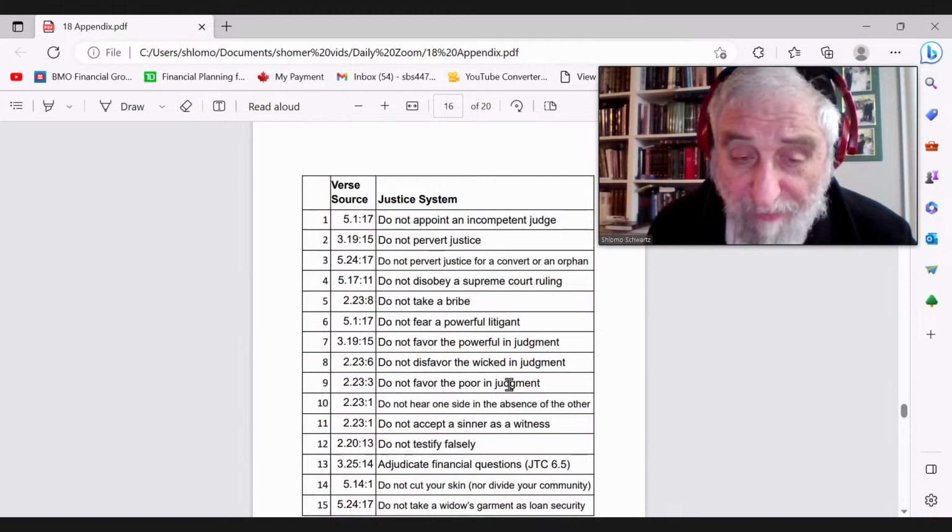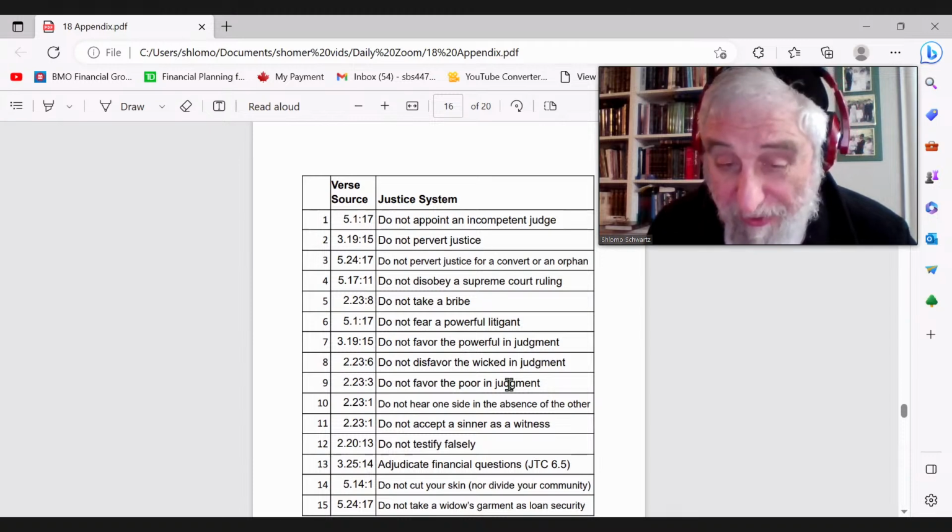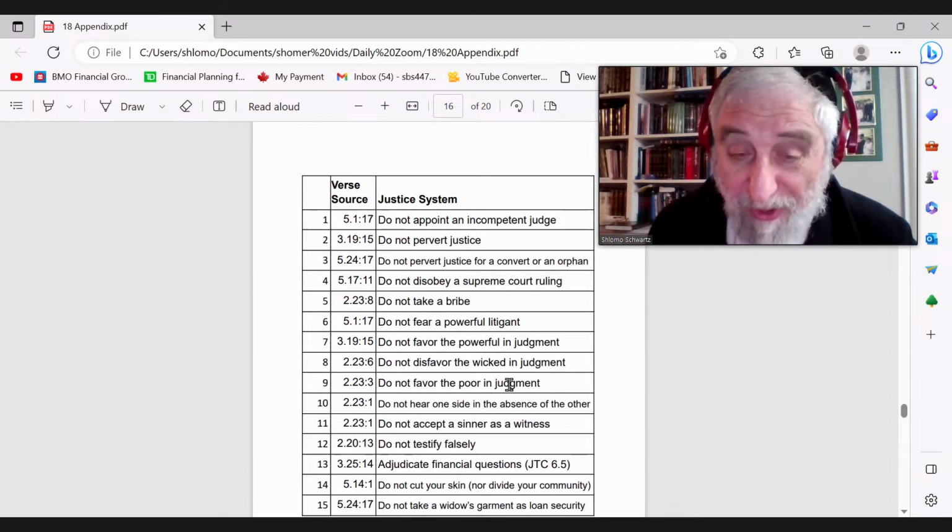And 14 and 15, do not cut your skin nor divide your community. This is an interesting one. The language of the Torah can be considered, do not cut your skin. And in that case, that's talking about on the occasion of a death, a tragedy in the family. And it was the nature of